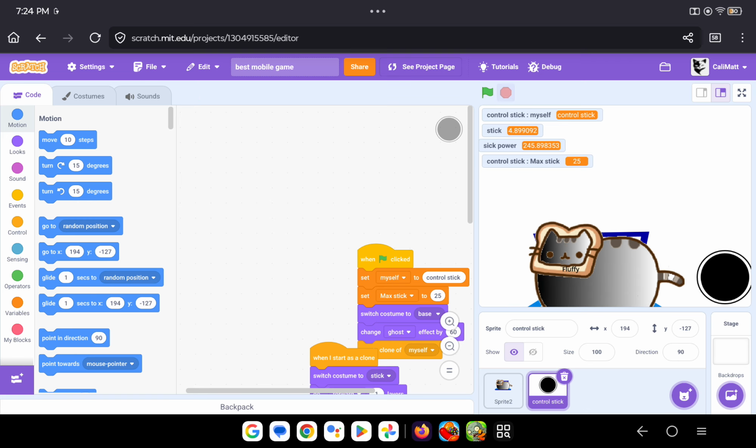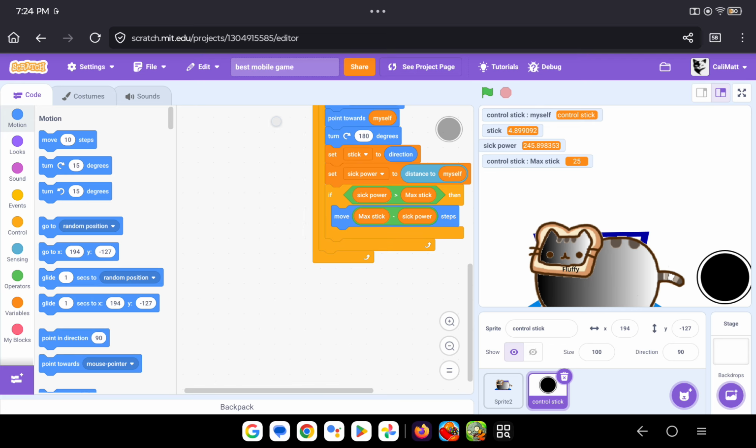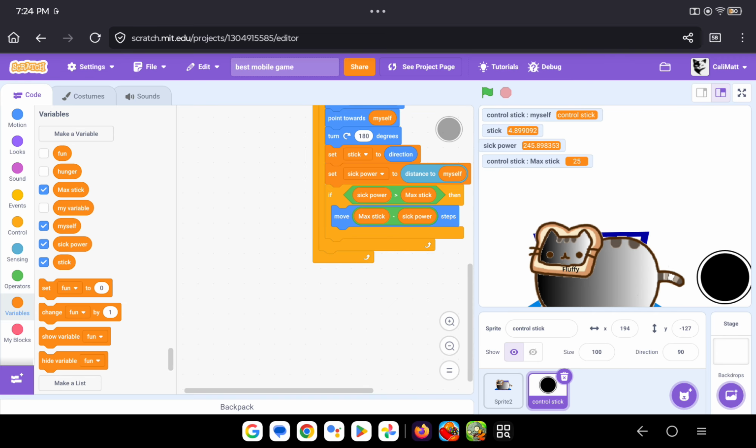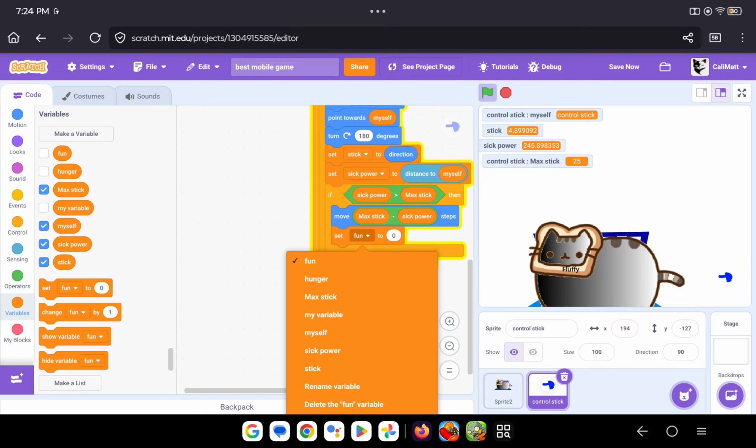So, let's do something. We need to just go over here in the code. See the max stick and stick power move stats block? You need to just do this. Take the stick power variable and put a set one. Do this set, not the fun one. Max stick